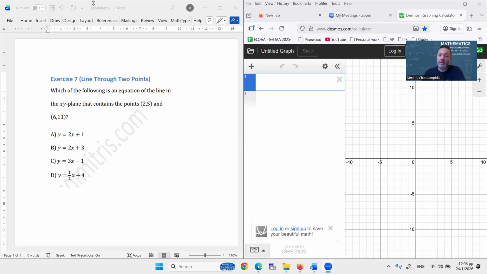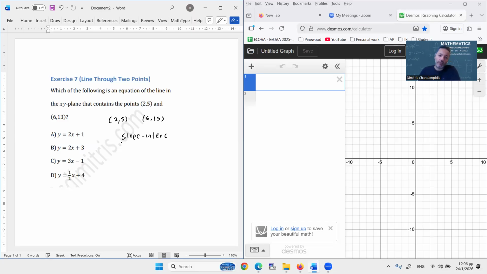and (6, 13)? You can clearly see that I have split the screen in two parts because I will solve this exercise both algebraically and geometrically. Let's start with the algebraic process. We are given 2 points, point (2, 5) and (6, 13), and we need to find the